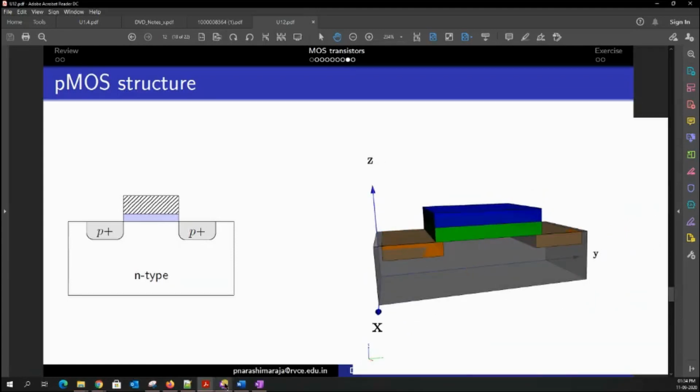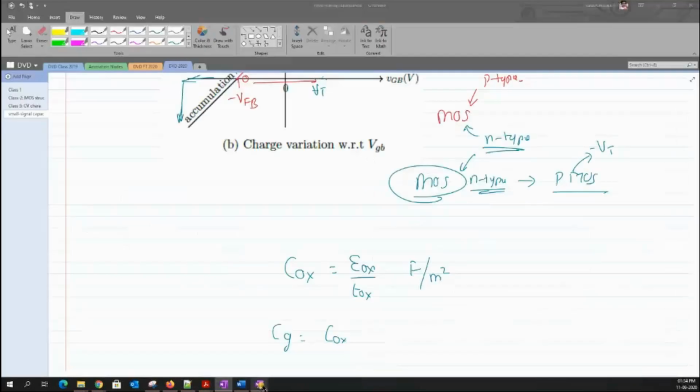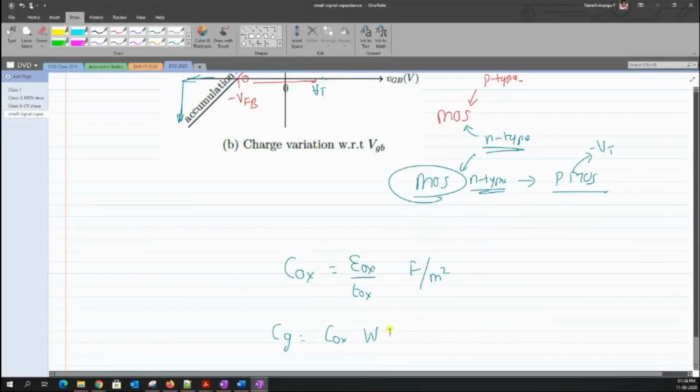So when I use that information, then I would end up having the gate capacitance, okay? Hope that this makes sense. And the unit of this CG, when I look, is just farad, okay? It is no more farad per meter square, okay? So the unit of COX is generally written in terms of farad per meter square, and we have to multiply by some area in order to get the actual capacitance value of the gate, clear?